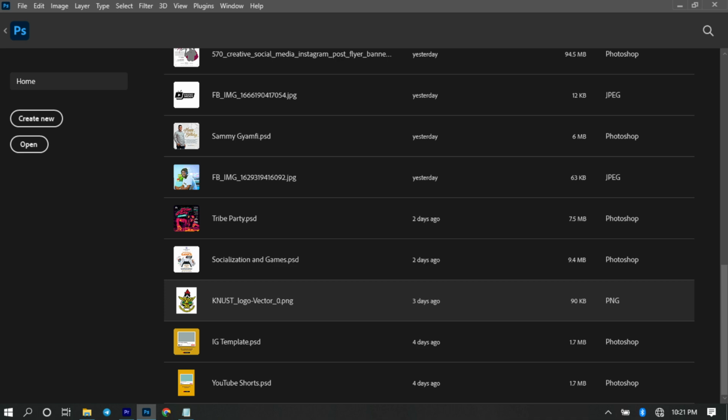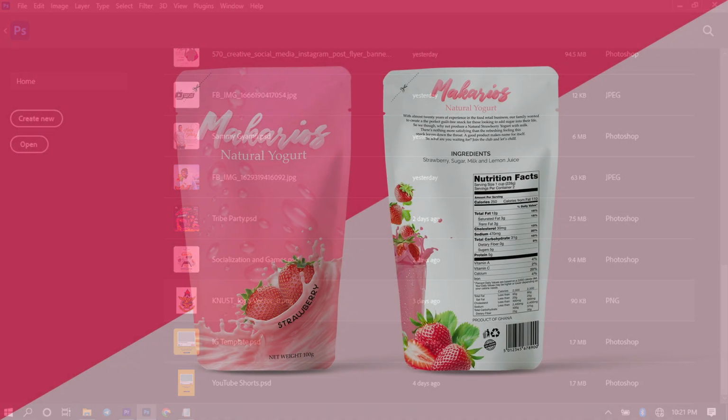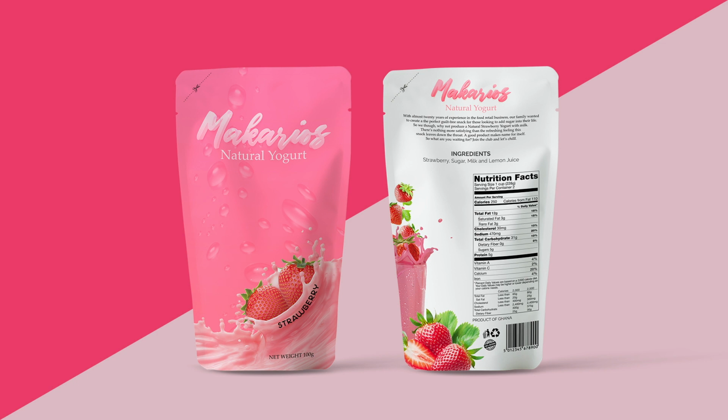In this video, I'm going to be assisting you to design this pouch product label in Photoshop. I will also teach you how to apply this design on a pouch mockup, and so please do well to